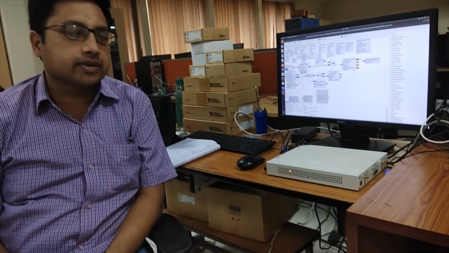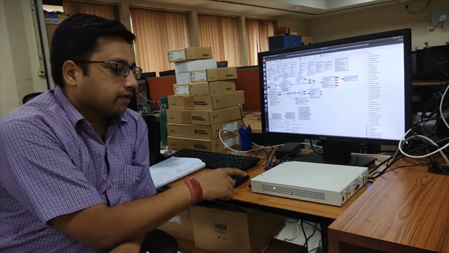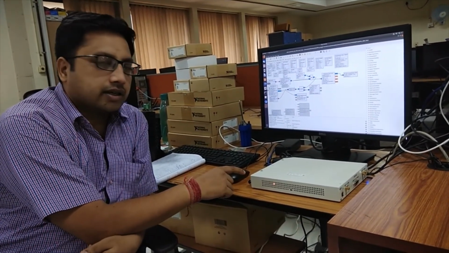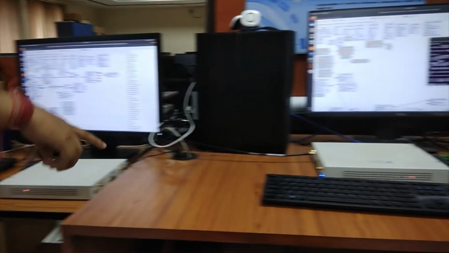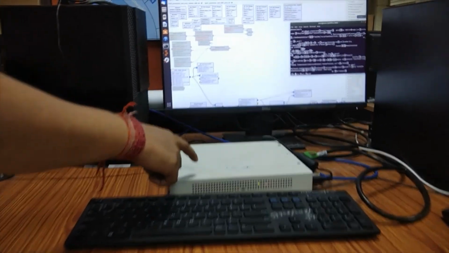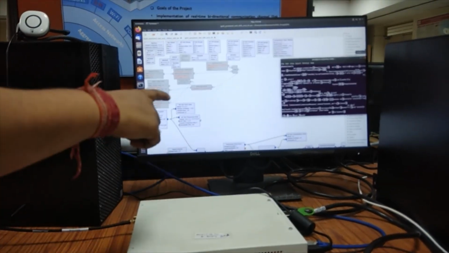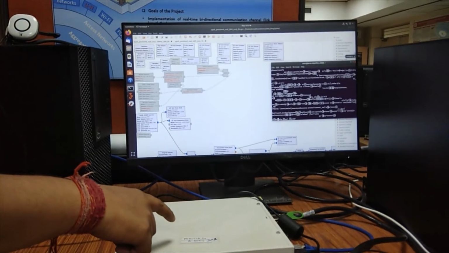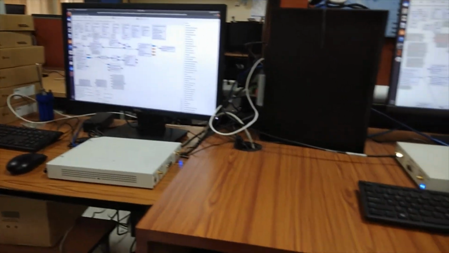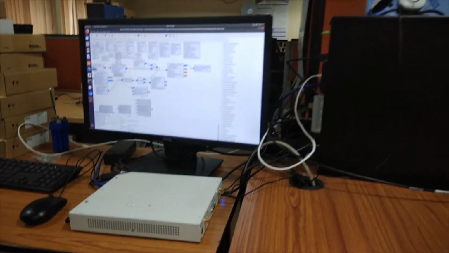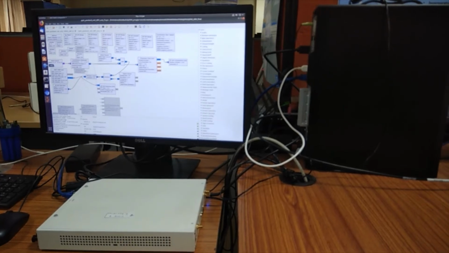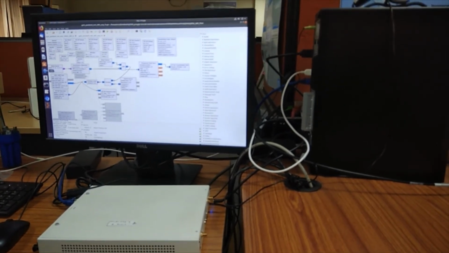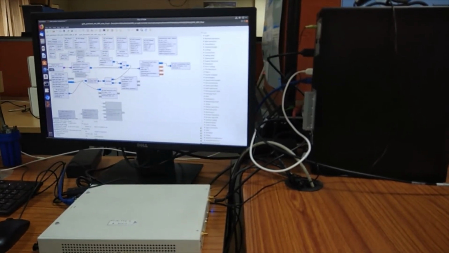So we are using 2 USRP. This is one of the USRP that is used as a transmitter, and it is connected to the host computer. This is another USRP, the second USRP, that is connected to the host computer. This USRP will act as a receiver. Both the USRP are connected with a wired channel. We are not showing here the LED and photodetector circuit, that is the front end circuit, because this is part of our another demo.